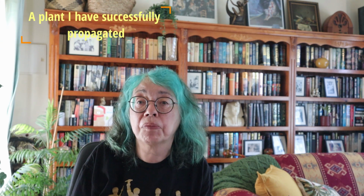Okay, question number 4 is a plant I have successfully propagated. That would be my Coleus, still an unknown variety. I bought this Coleus, I think it was in late 2019, and I had it indoors and it hated it, so I planted it in my garden. And I did know that there was a good chance it would not survive the winter, so I took a couple of cuttings in autumn, which in Australia is from March to beginning of June, and I propagated them in